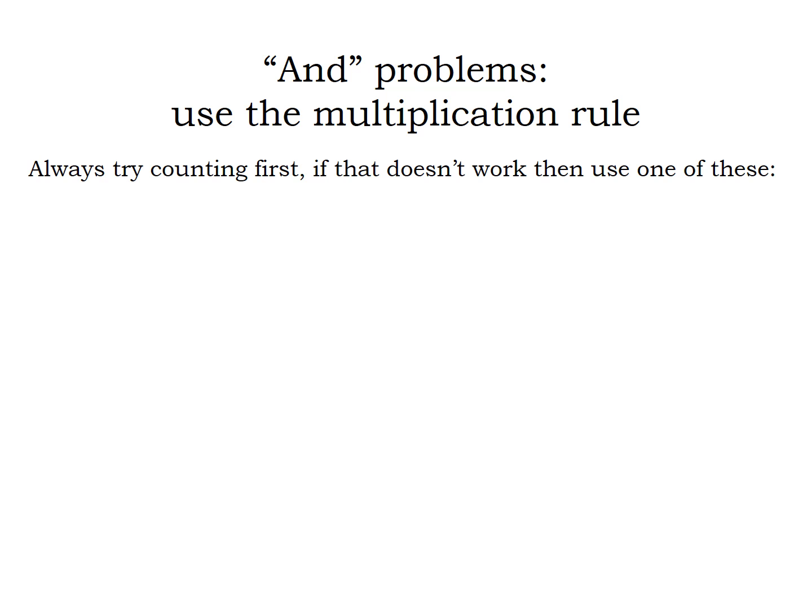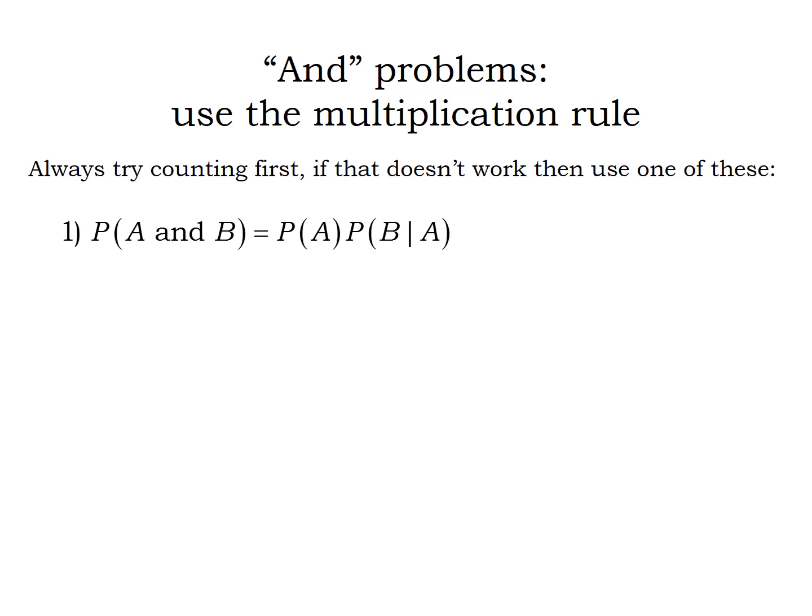With our AND problems, we always want to try and start counting first. Now, if that's not possible, we're going to use a multiplication rule. We want the probability of two events, A and B, both happening at the same time. Well, only a certain percentage of the time will event A happen, and out of that, B doesn't always happen. So what we need is a percentage of a percentage, and that's exactly what's happening here when we multiply our